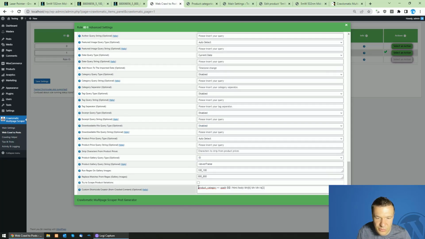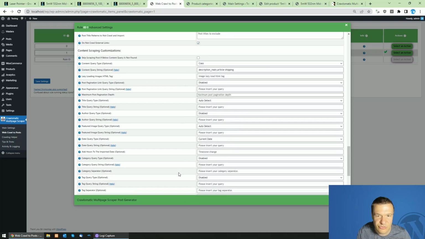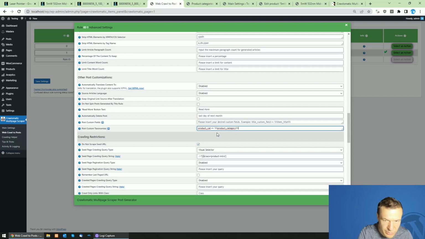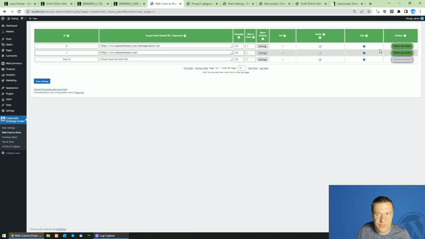And now it is time to copy the product category shortcode name that you created. So for this, write 2 percentage marks, paste the shortcode name and write another 2 percentage mark. This is the shortcode that you created. So the product cat taxonomy will get the value of the scrape content that you set up here. So like this, if you save settings and re-import the product,